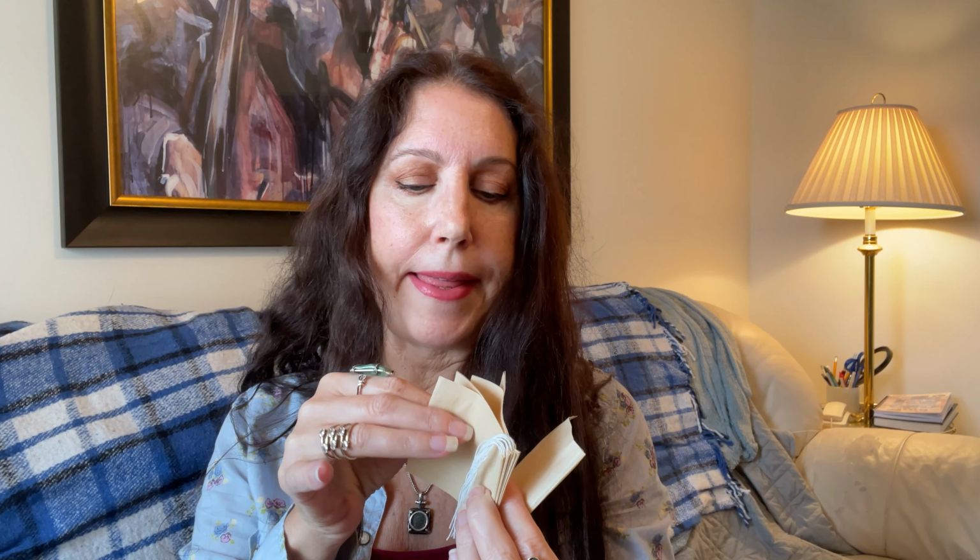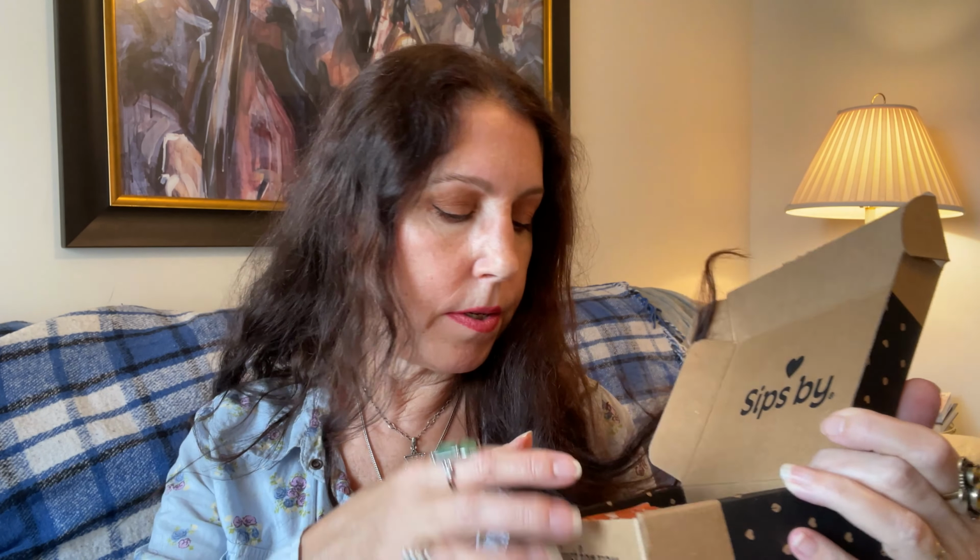No, excuse me. I'll count them out. What, 3? Yeah, I don't know. It's quite a bit. There's about 8 to 10 sachets in here. So that's the first thing. And then we got